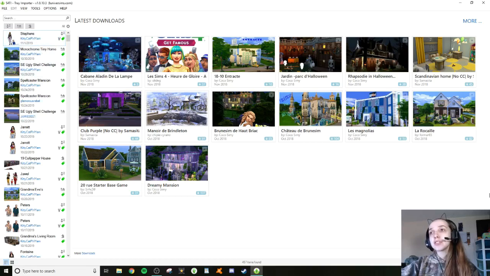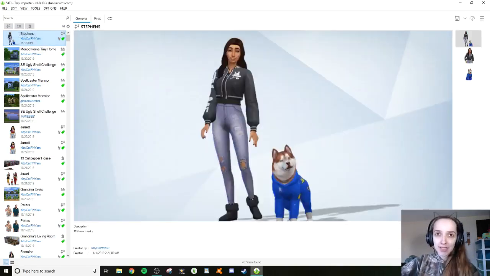So right here, these are just some popular downloads, or the latest downloads, and those aren't relevant, really. And then on the left-hand side, here are all of the things that are in your library. So you can sort by households, lots, and rooms. So I'm just going to click on this little household that I made, and I'm going to start off by